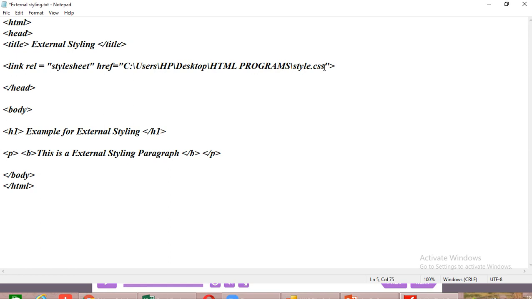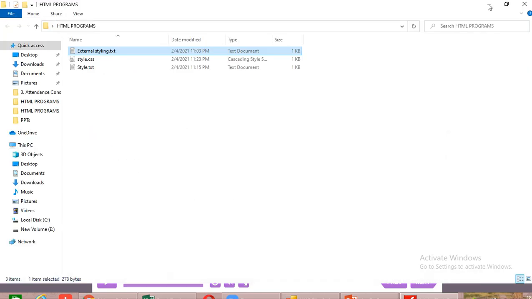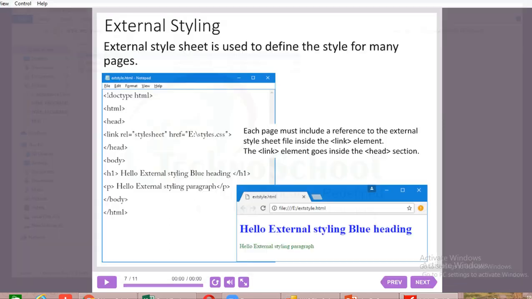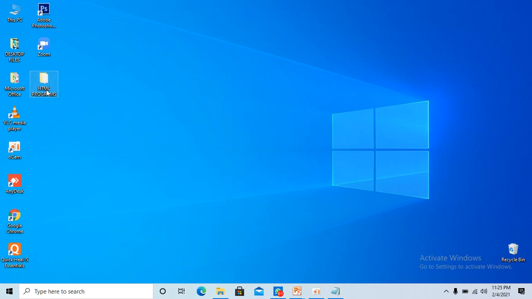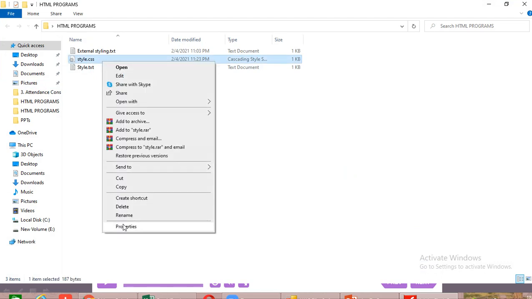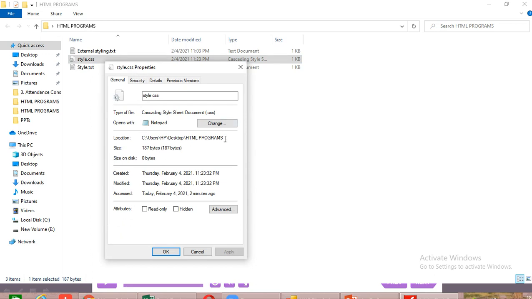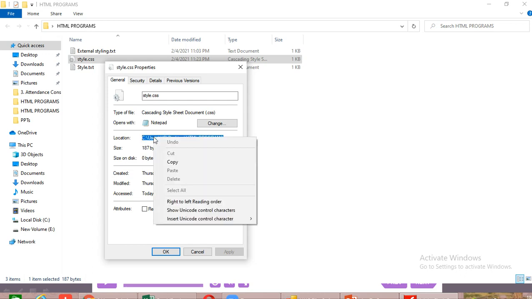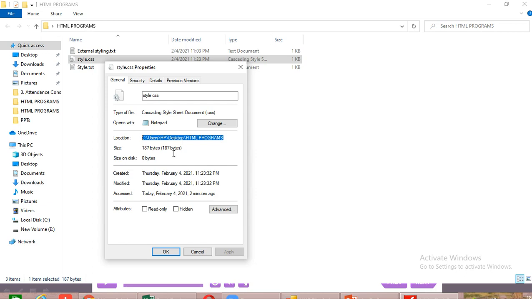I'll show how to do this. I delete this. I am going to do it and show you how to copy the path of that page. From the beginning I am doing. We want to go to that cascading style sheet. Here, right click on this file, go to properties. From the properties, you want to copy this location. So, fully you can select. You can copy it by right click and copy.